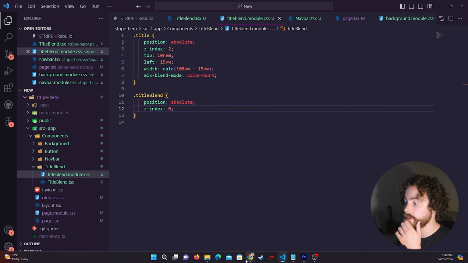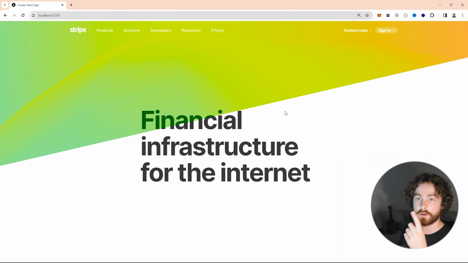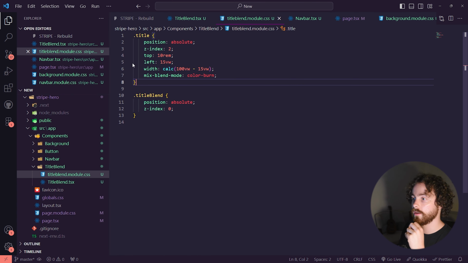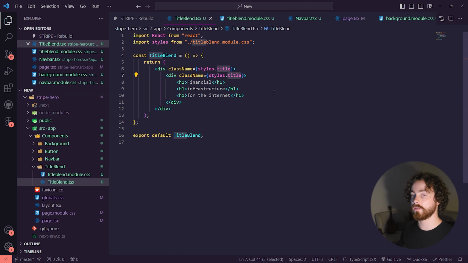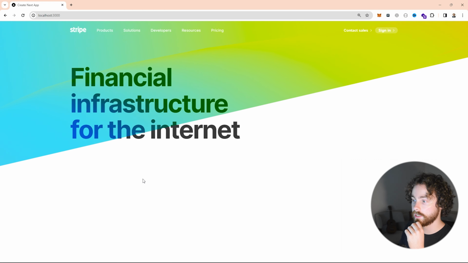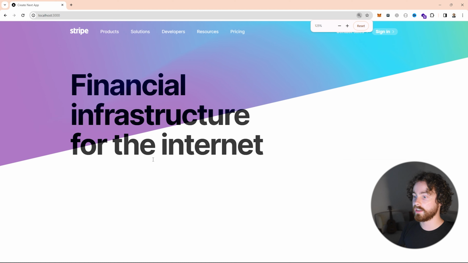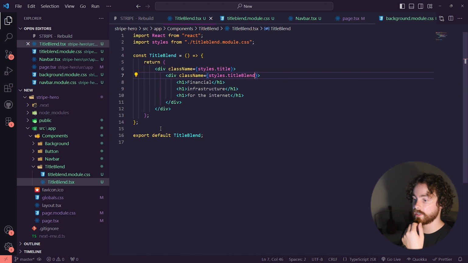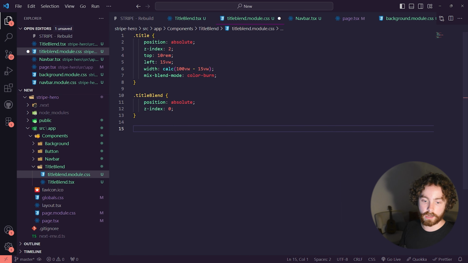And once we've done that, if we go back into here, for some reason it's in the center. There's a reason why this happened. So if I go back into our VScode here, in the title blend, rather than calling this title, we want to call it title blend. So now the CSS is being impacted here. And if we go back into here, it should now be in the direction that we want. And as you can see, we have this amazing overlay effect, and that looks really, really cool. So if we zoom in even a bit more, this is what it's starting to look like, and that just looks fantastic. To make this responsive, again, I've gone ahead and during my spare time, I have created a media